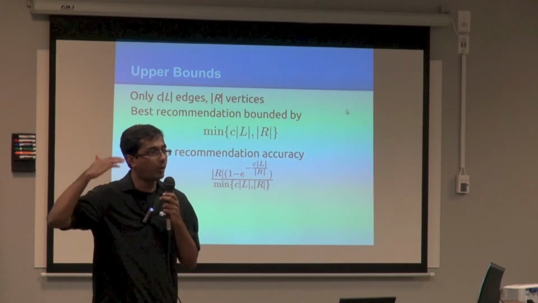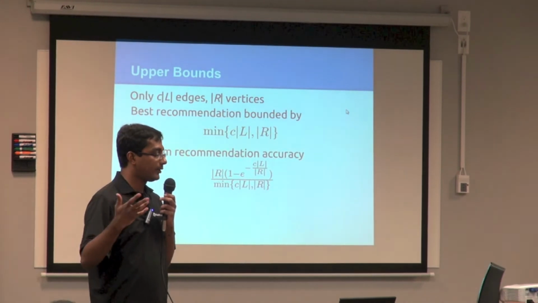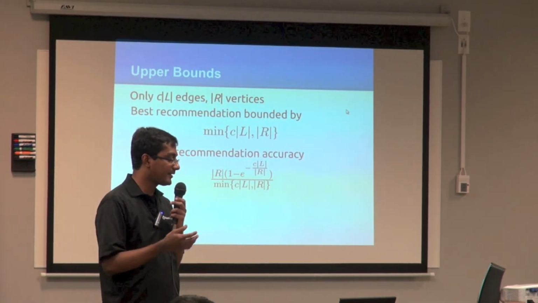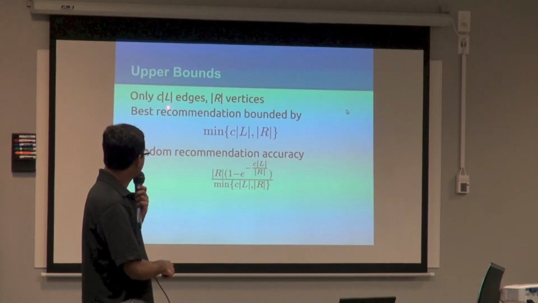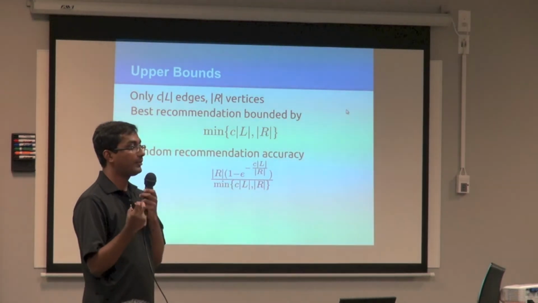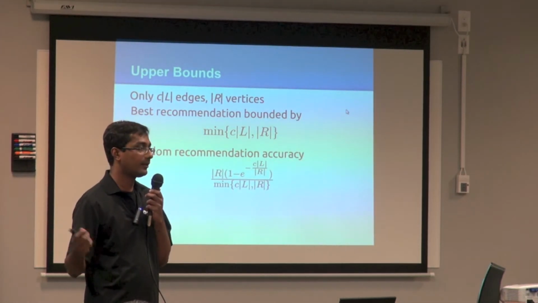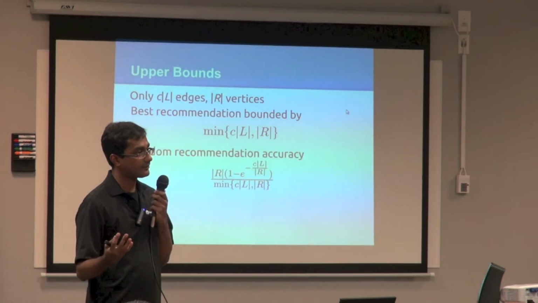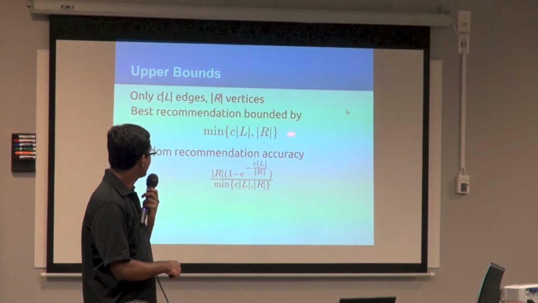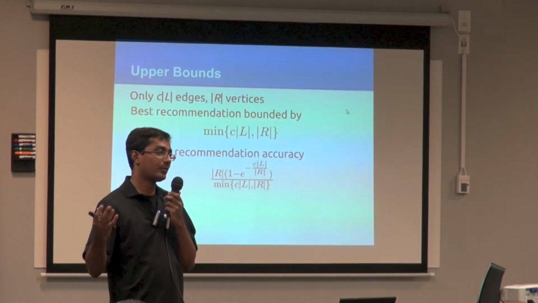Now let's look at what MaxFlow would have done. If I went in and implemented the best possible algorithm, we can look at what that would have done. That's a much easier analysis, or at least the upper bound we're using: there are only CL edges in total. So the number of recommended videos cannot be larger than the number of recommendations itself, that's CL. It also cannot be larger than the number of videos itself, that's R. And so the best possible solution cannot be larger than the min of CL and R.